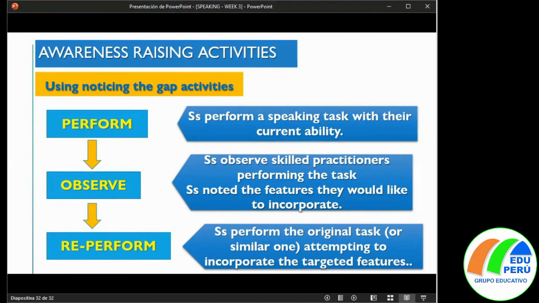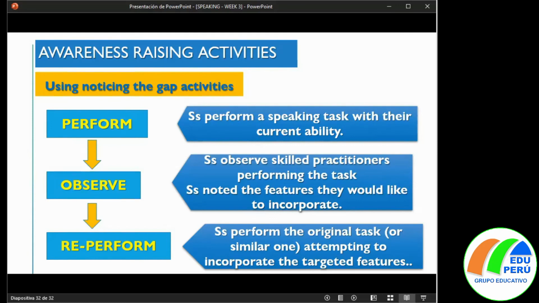So this is an example of perform, observe, and reperform. And this is based on this noticing the gap activity. Remember what I told you. This is related to awareness. The most important